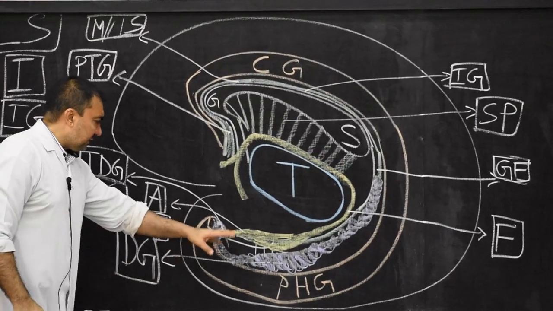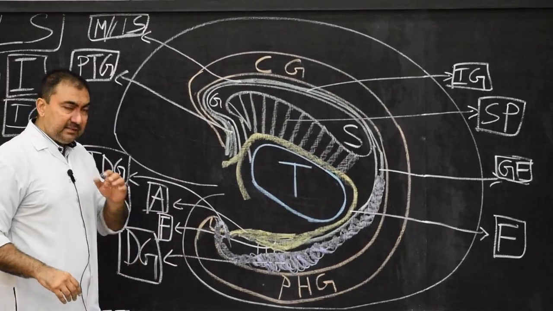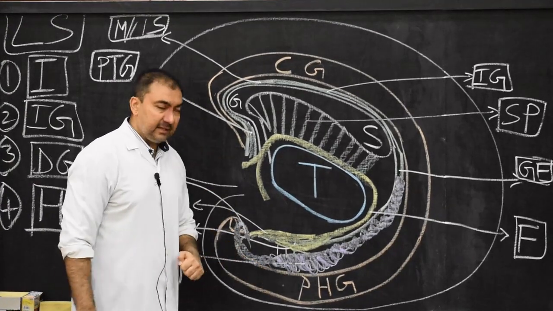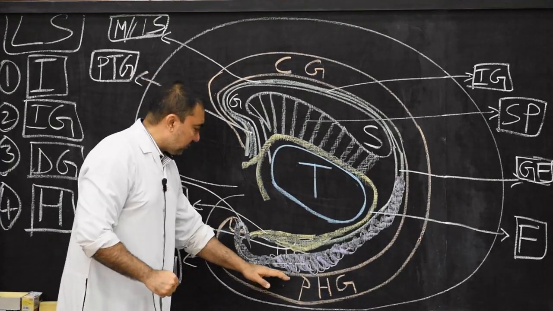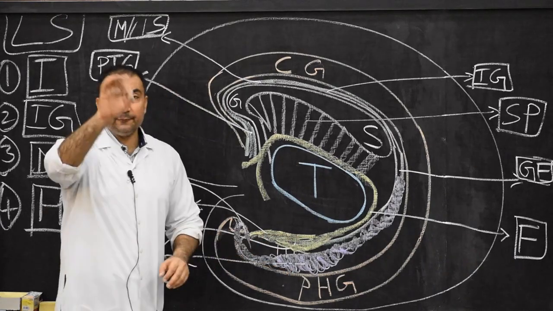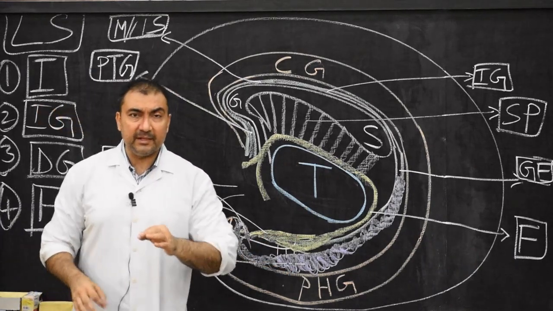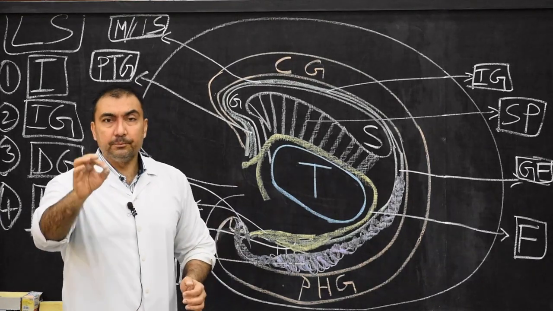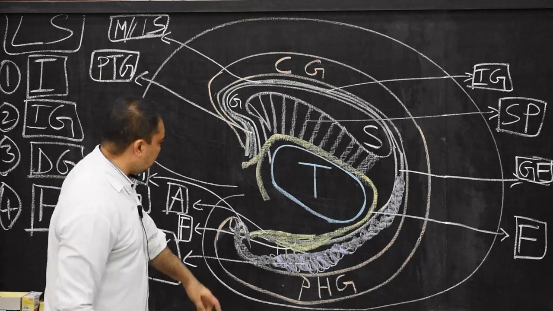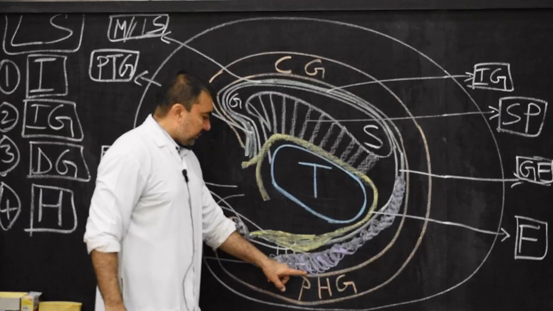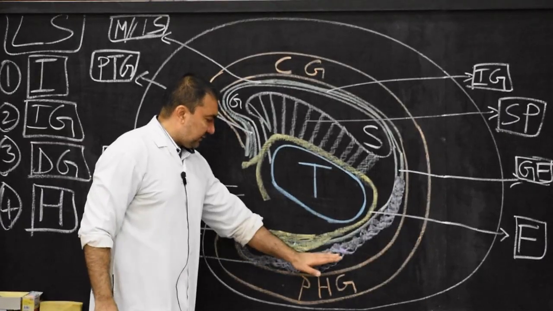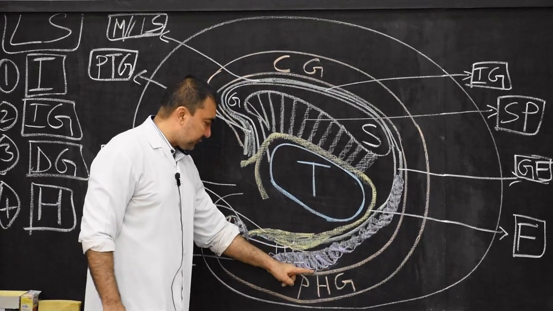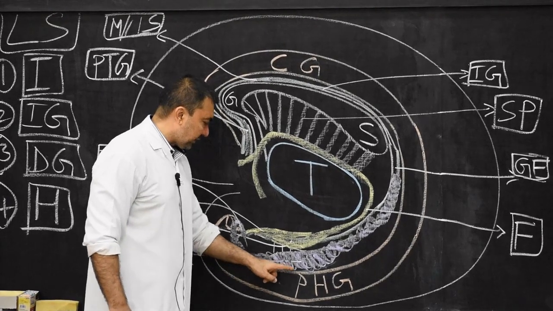Now this dentate gyrus, as I told you, is present on the surface of the parahippocampal gyrus, or the parahippocampal gyrus is located inferolateral to the dentate gyrus. Therefore there will be a sulcus separating the parahippocampal gyrus and dentate gyrus, and that sulcus is called the hippocampal sulcus. The hippocampal sulcus separates the dentate gyrus from the parahippocampal gyrus, where my finger is pointing. So this is the hippocampal sulcus.